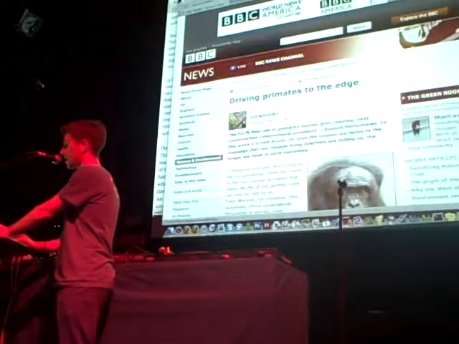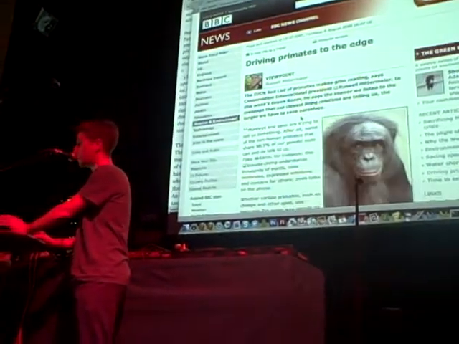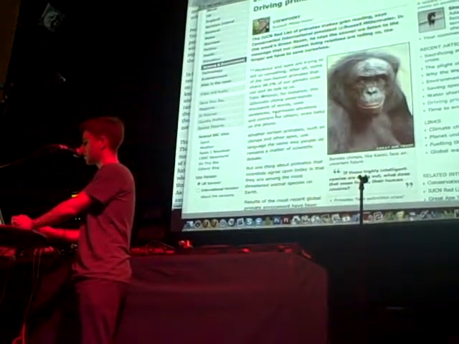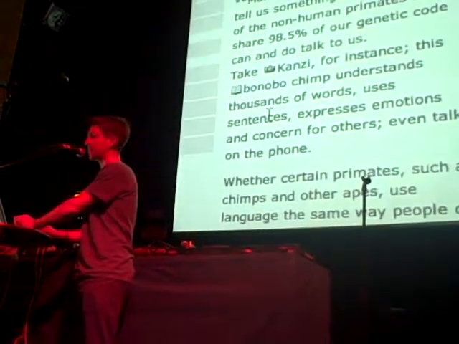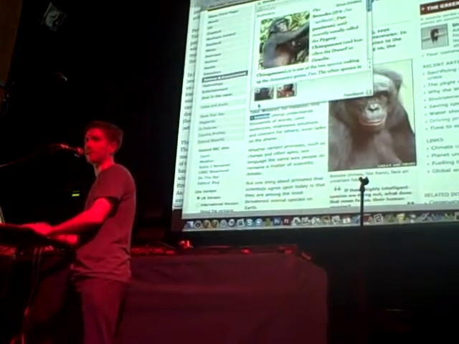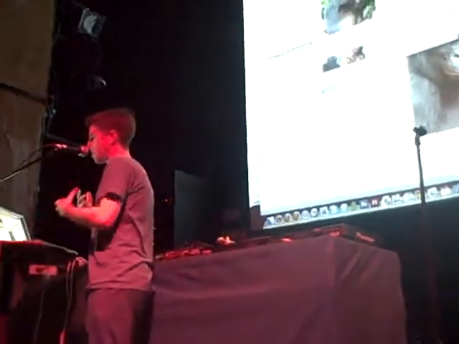So this is a trial we did with the BBC. The BBC puts our one line of code on their page, and someone wants to know more about bonobos. It has this little icon next to it. So they can click on bonobo, and they see a little Wikipedia article. I know a lot of you are thinking, okay, great, pop-ups, we've seen this for 10 years, not a big deal. We think it's a lot more than just pop-ups.